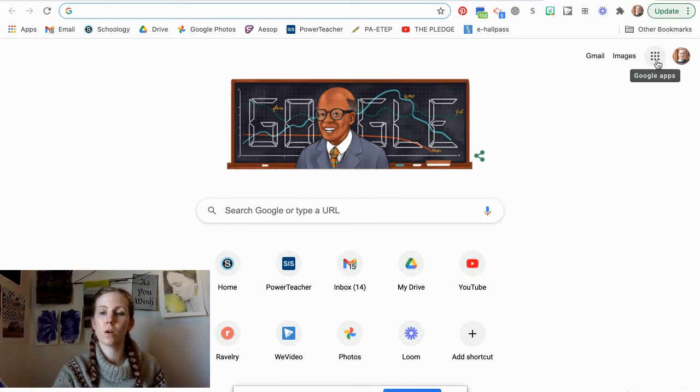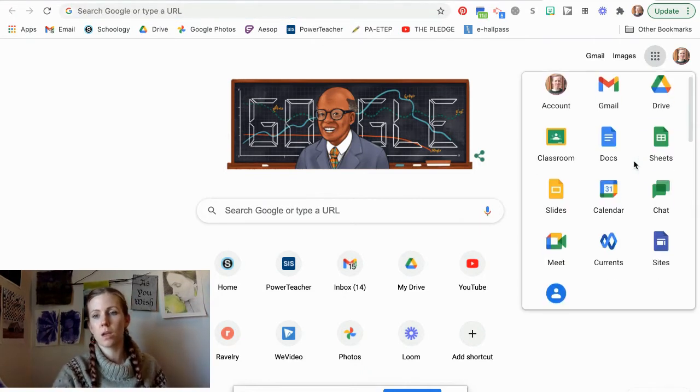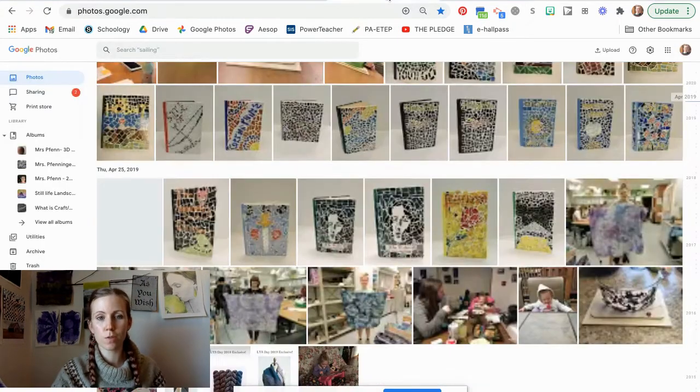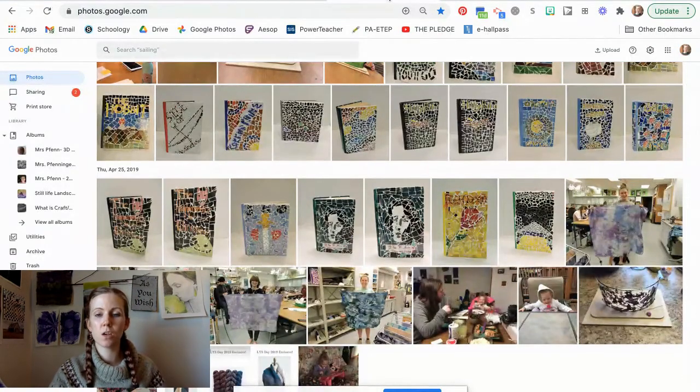So if you go to any Google page, you can get your Google Apps. If you scroll down, Google Photos is probably in the second set. And if you click that, it's going to open your Google Photos. You probably have some images in here because you have used Google Photos before, but we are going to add